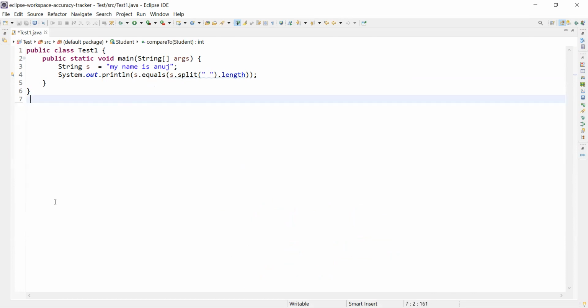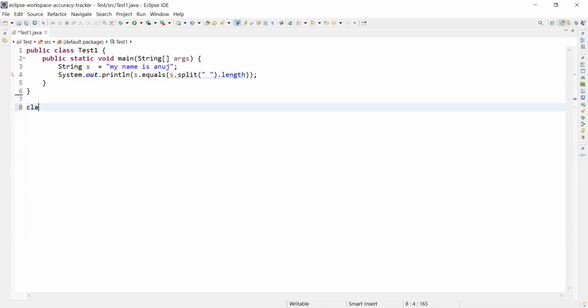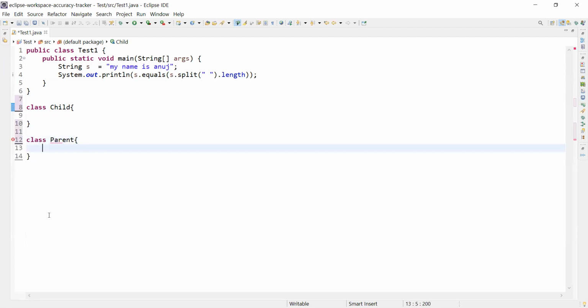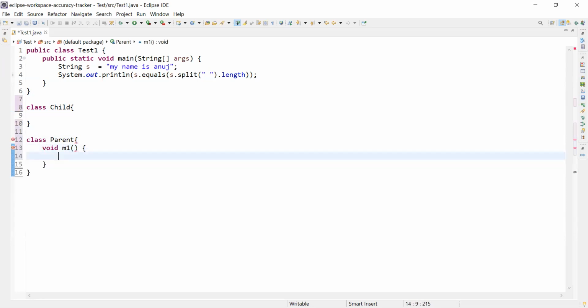Yes. Okay. So we have a class called child, then we have a class called parent. In this class, we have a method void M1, which is responsible for printing M1 in parent.